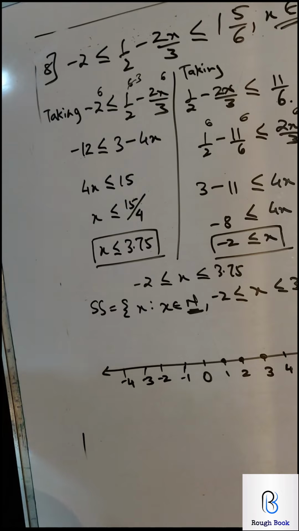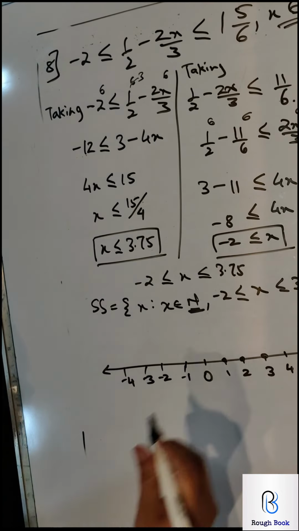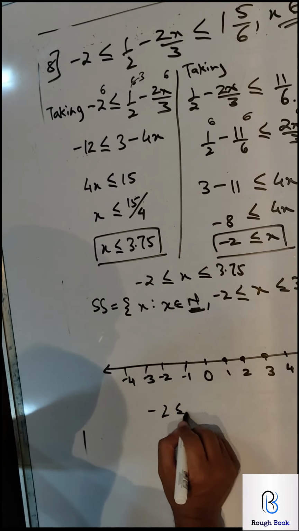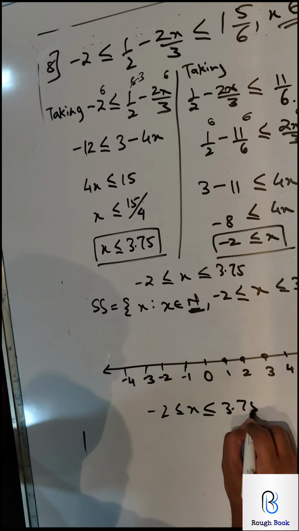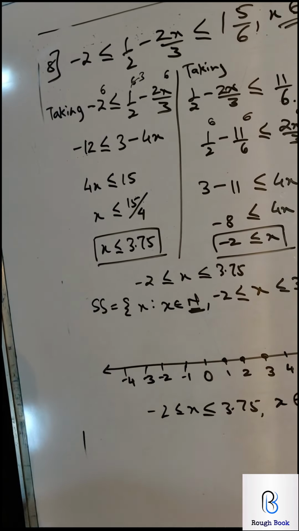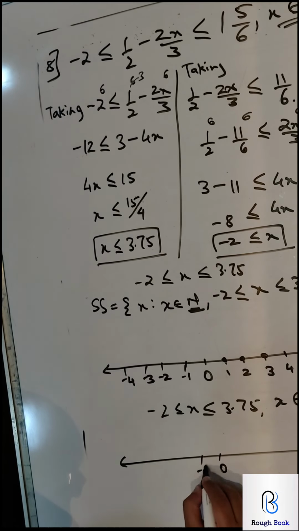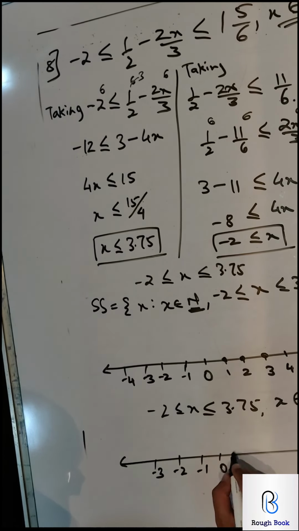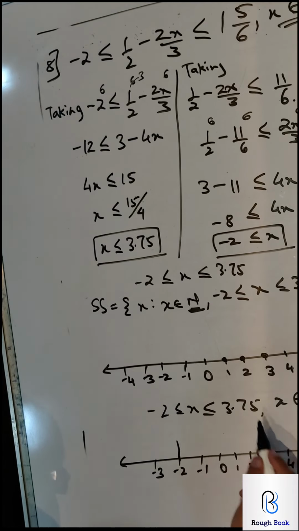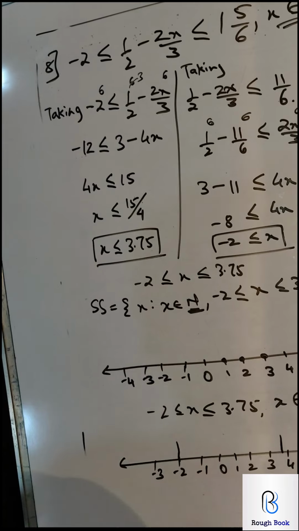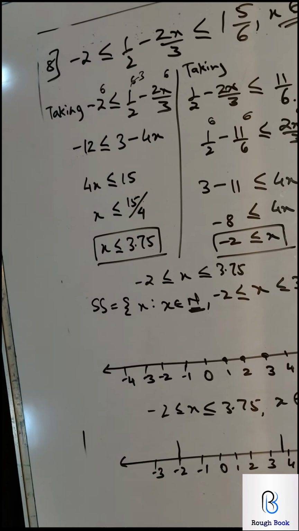If there is a decimal, let's say if this same situation was there and they said that x belongs to real numbers, then in that case how would we have drawn this? This is very interesting. So 0, minus 1, minus 2 with extra coordinate 1, 2, 3, 4, 5. So minus 2 inclusive, so I. 3.75 will be between this somewhere. Now you need not calibrate right at the point of 3.75, that's all good.